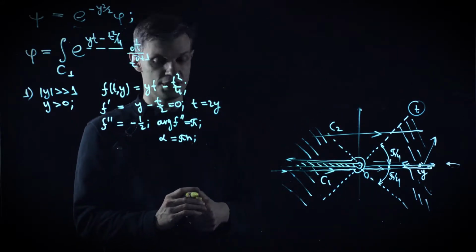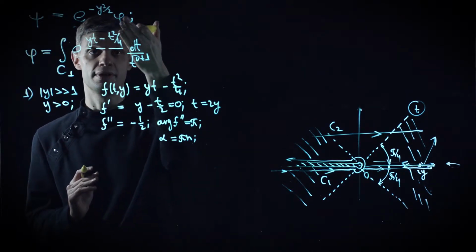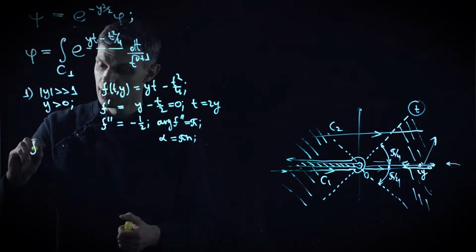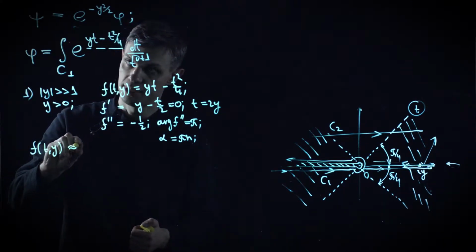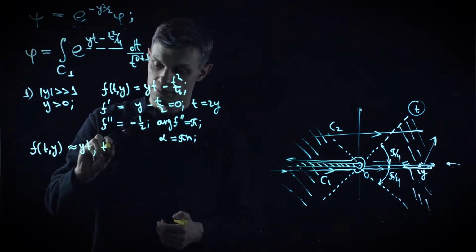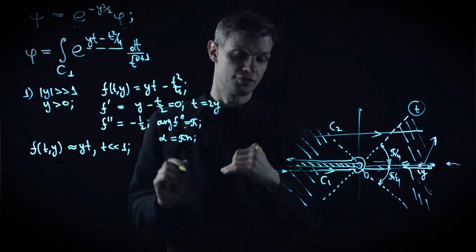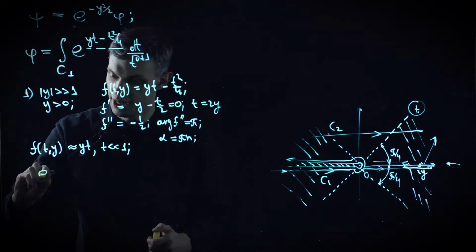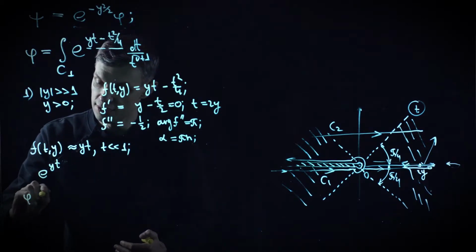So in the vicinity of the branch point, the behavior of our exponent function is greatly simplified, because as usual we can drop this quadratic term. It's small with respect to the linear one. So now our exponent function is simply the linear function, for small t. And the steepest descent direction is, of course, the negative direction in the complex plane of t, right? Because we simply have this exponential. So now the integral is very easy to compute,